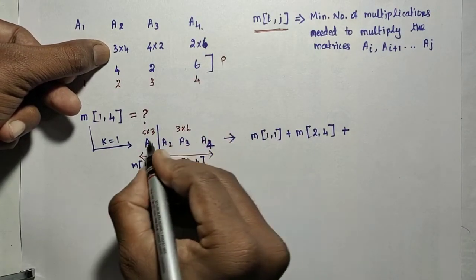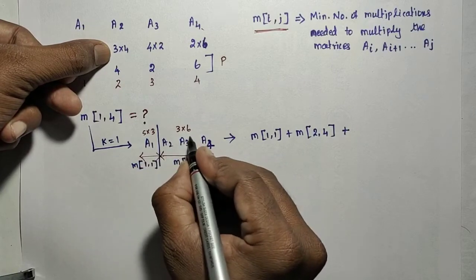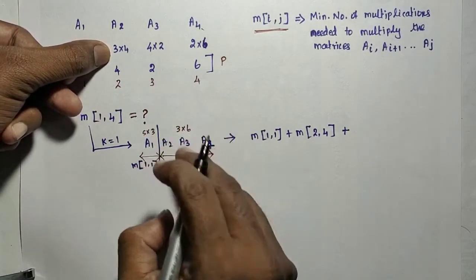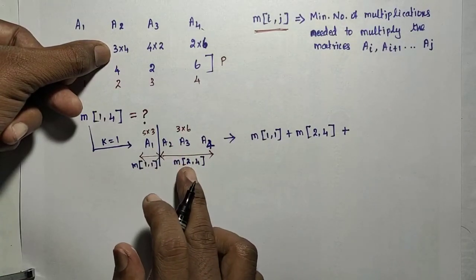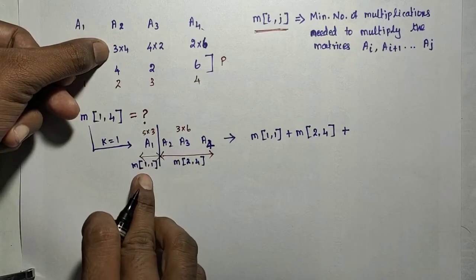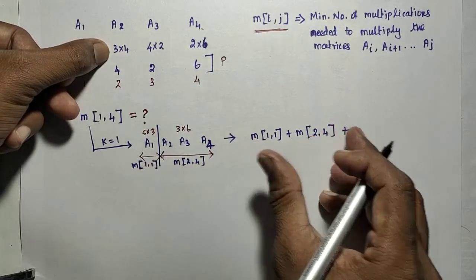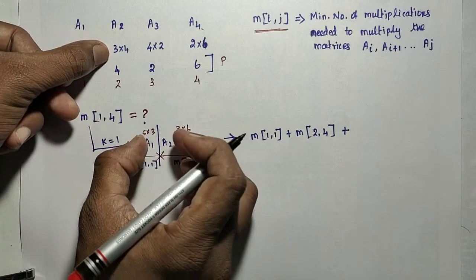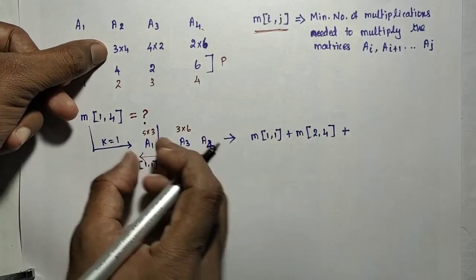Okay. So 5 by 3, and then 3 by 6 is the resultant matrix. After multiplying the left side matrices, we need this number of multiplications. We will obtain matrix 1 and matrix 2, and to multiply these two matrices, then only we will get the result.